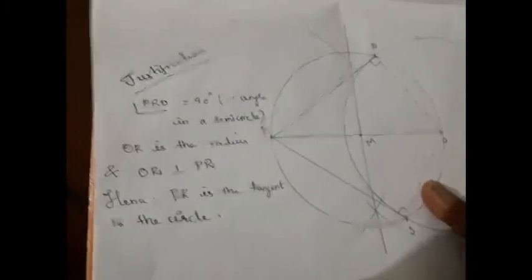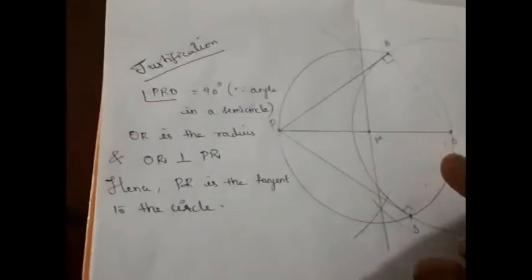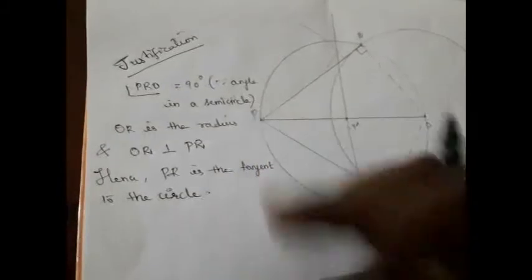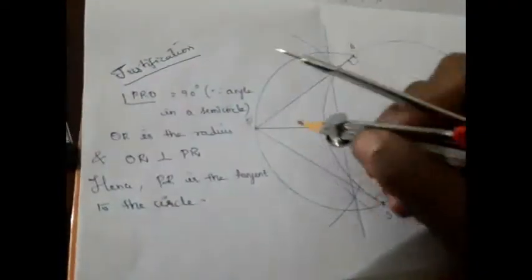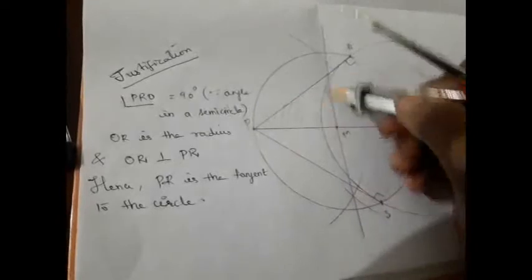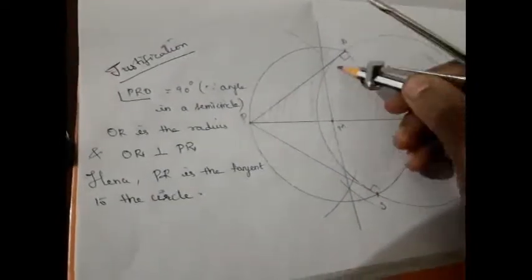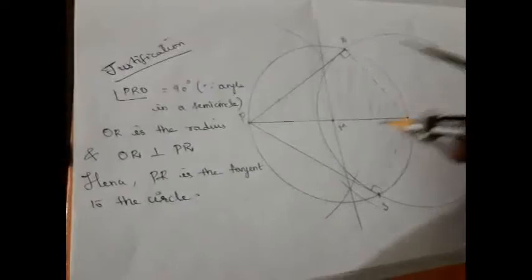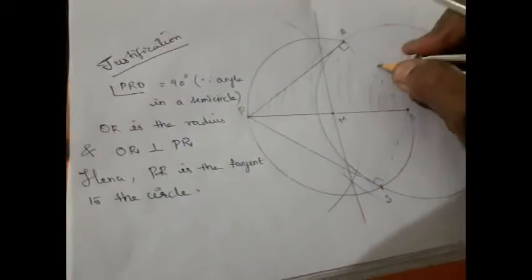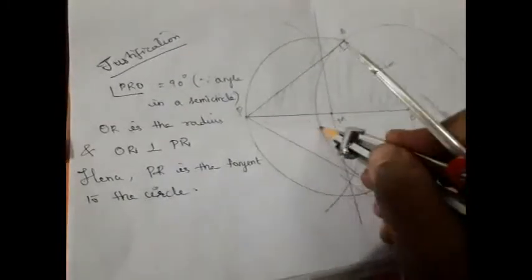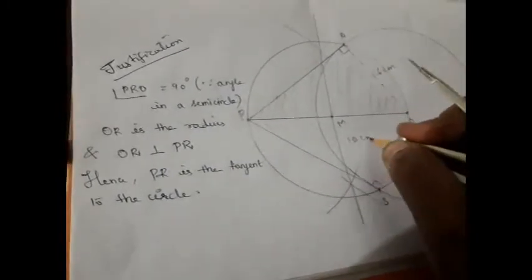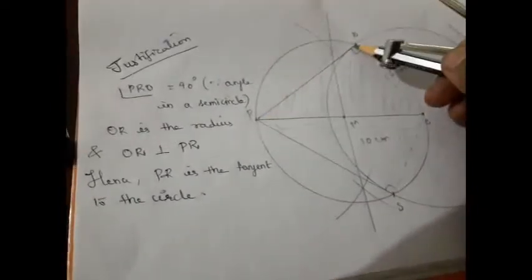the length of the tangent and justify by checking its actual measurement. How to find the length of the tangent without actual measurement? We can use Pythagoras theorem for this triangle. Which triangle? You can use Pythagoras theorem to this right triangle, right? Because we know the measurement of this. OR is the radius of this circle, which is 6 centimeter, and we know the distance of the point from the center, PO. PO is 10 centimeter. So, we can very well find what is PR since PRO is a right triangle.